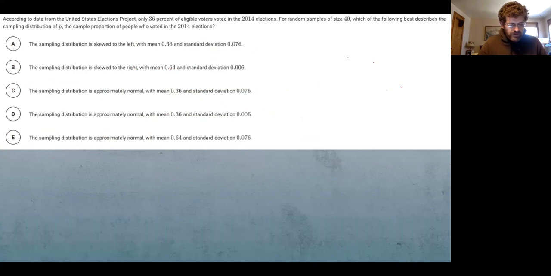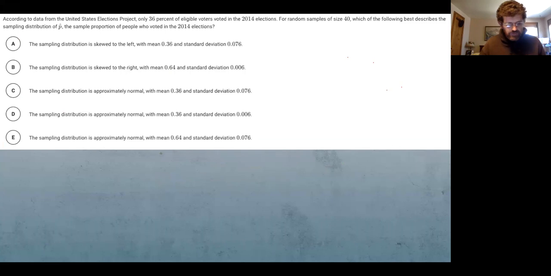According to data from the US Elections Project, only 36% of eligible voters voted in the 2014 election. I'm going to take this as a PSA opportunity to say, if you're 18, please vote. All right, moving on. For random samples of size 40, which of the following best describes the sampling distribution of